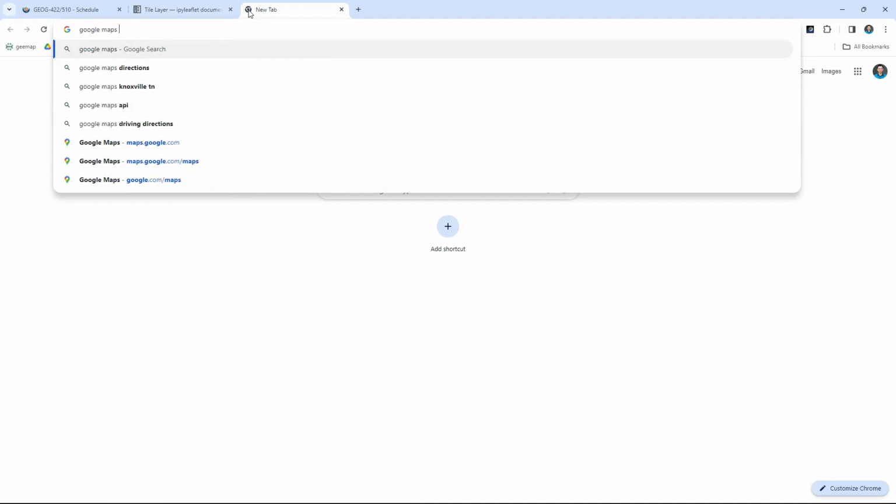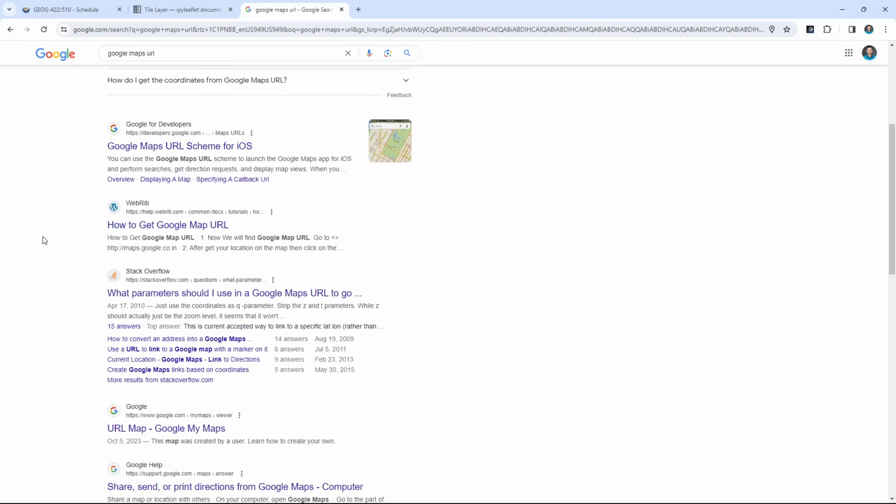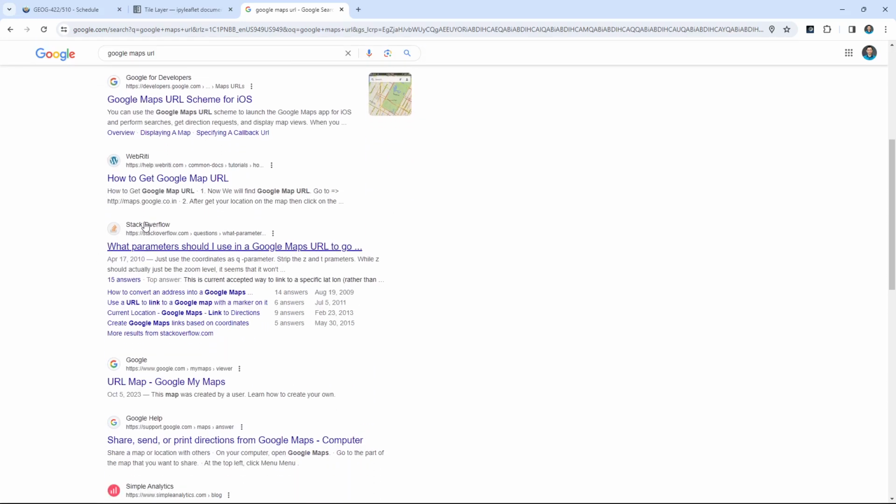Google Maps URL. Just type Google Maps URL, and then you can look at the search result. And how about this one? Stack Overflow. What parameters should I use to